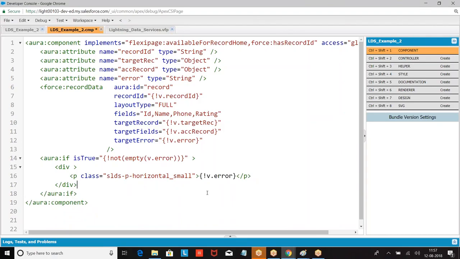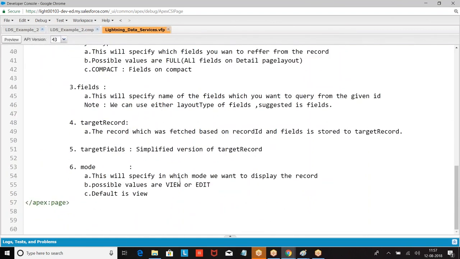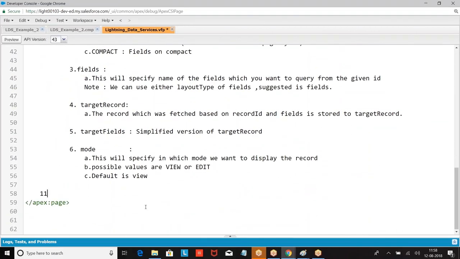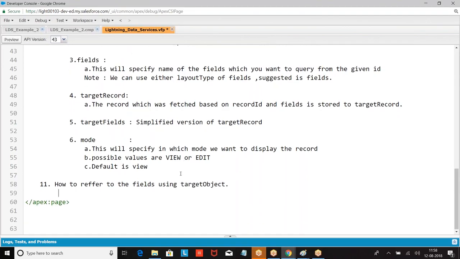Okay. Now I want to display. If you want to display, how do you refer to and print the values of an element? Next concept is how to print the values. How to refer to the fields using target object. If we are given a target object, how do you refer to it?